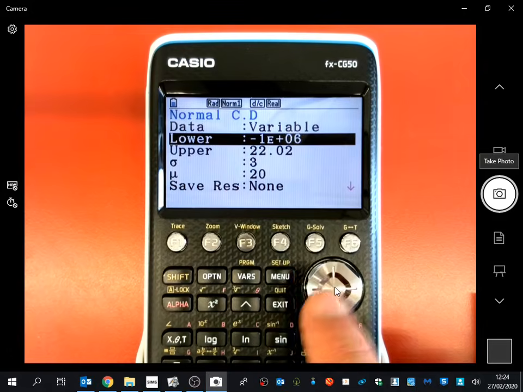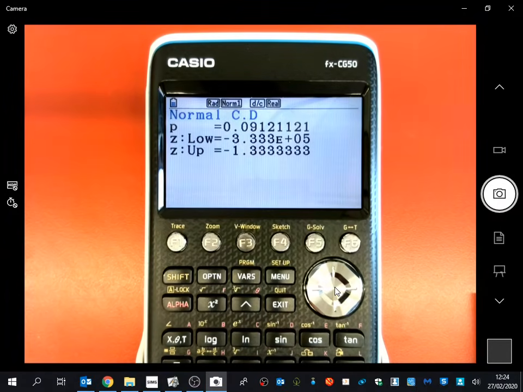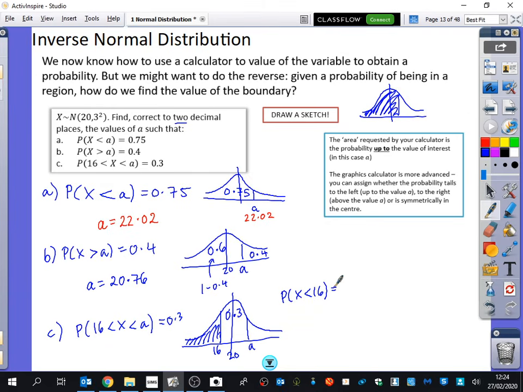So that's still really extreme, less than 16, and you've got 0.0912. So now I know with my diagram that the area up to the value A is 0.0912 and 0.3, which is